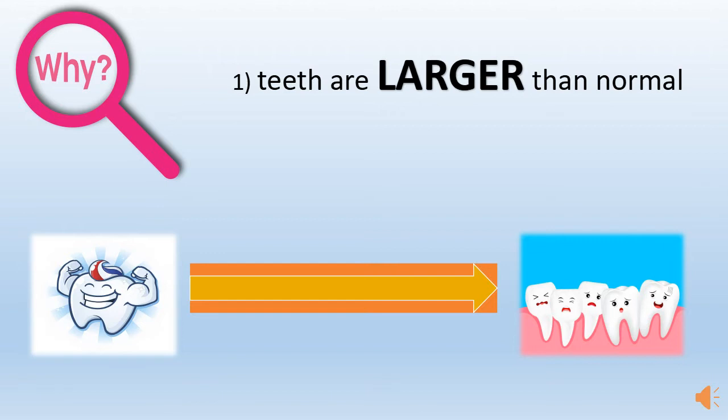And the first and foremost in that category is that the teeth are larger than normal. As you can see in the picture here, obviously if your tooth is larger in size, it's going to encroach on the space of the adjacent teeth as well, and that will lead to crowding, right? The teeth will be congested, and that will cause the tooth to ectopically erupt. That means it will push away the tooth from its normal position, or it will cause the tooth to deviate from its normal position and erupt wherever it finds adequate space for eruption.